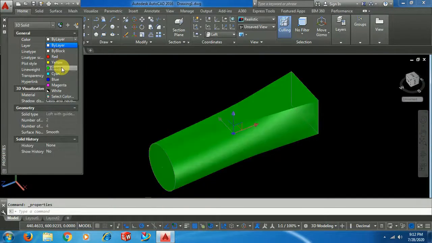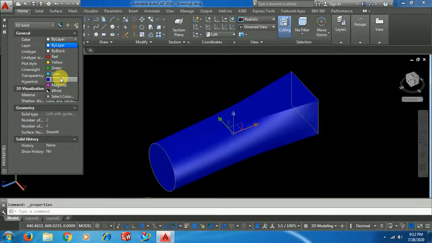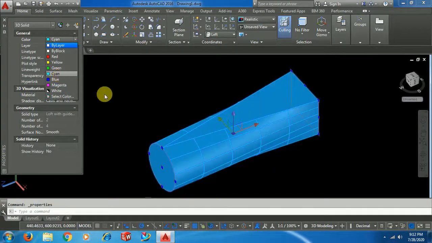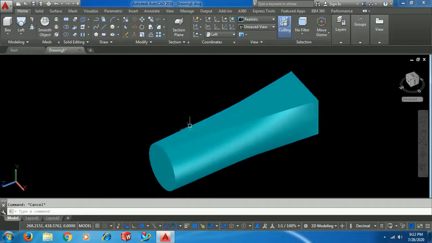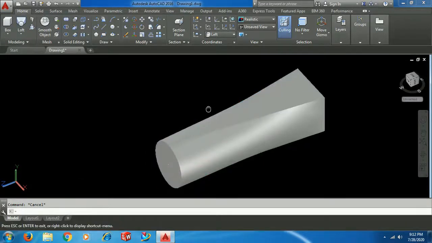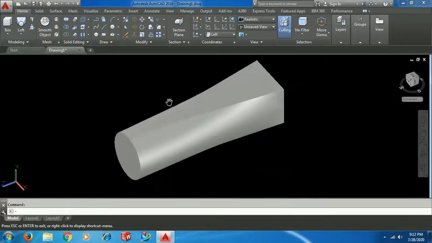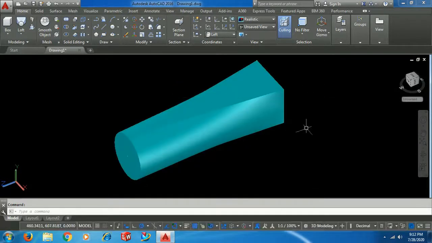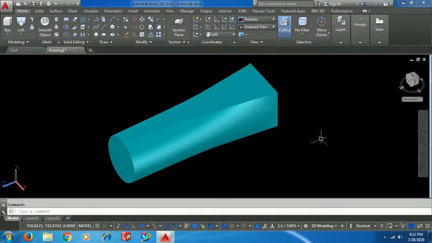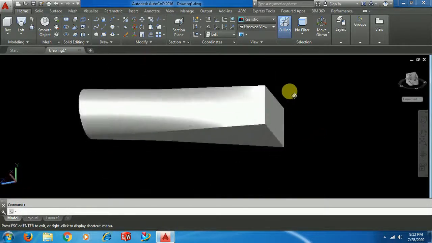Right click, properties, and apply a color. Turn this, and the color is applied.